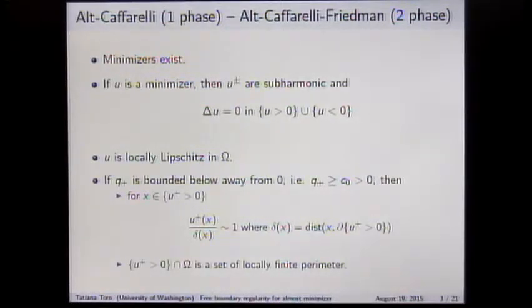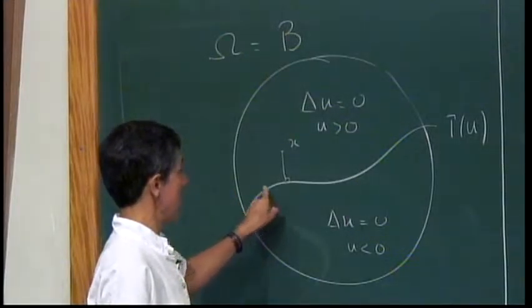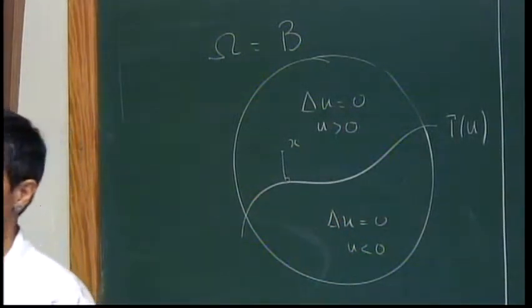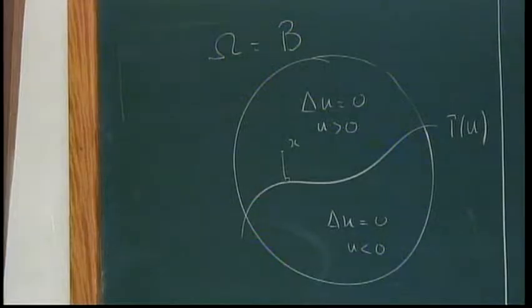This is key. Okay? What else were they able to prove? They were able to prove that, and if you have never heard this word, don't worry, just ignore it for now. We'll go back to it, maybe, or I'll say a word now. What they were able to prove is that U plus, the positive side, is a set of locally finite perimeter. So this set that I drew here, what this tells you is that this boundary here is a rectifiable set. What does it mean to be rectifiable? Let me give you several definitions. It means if you're at a point and you blow up, you get a unique tangent plane.